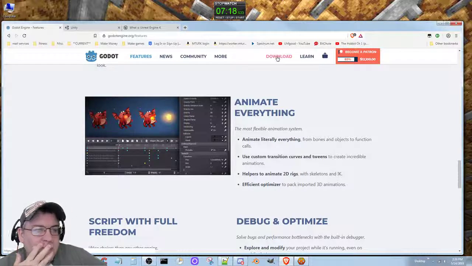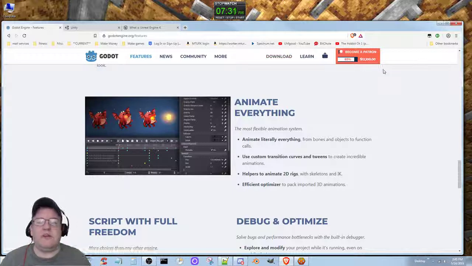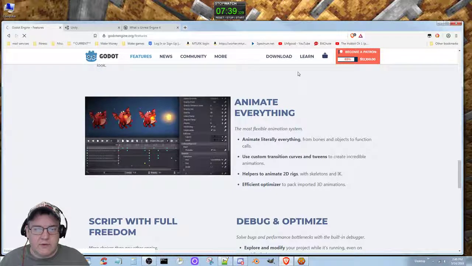I'll get into, I almost think I would just want to do Godot. It seems like the best and the easiest for me, but I will download the other 2 and try them out, just to see if I can get something up and running. You know, if I can get something up and running, then anybody can, right? That sort of thing. So without further ado, let's go to the download page,